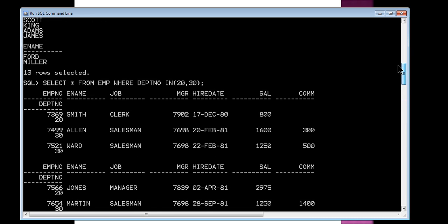The query is select asterisk from EMP where DEPT number in 20, 30.